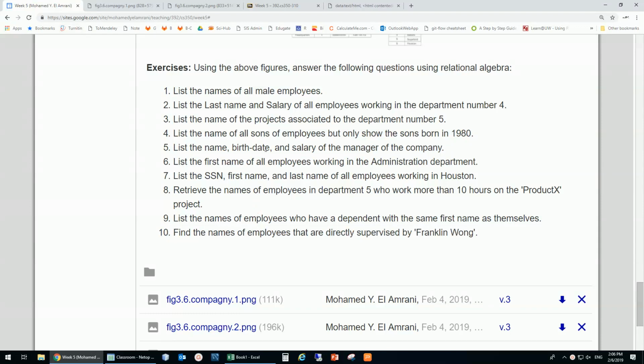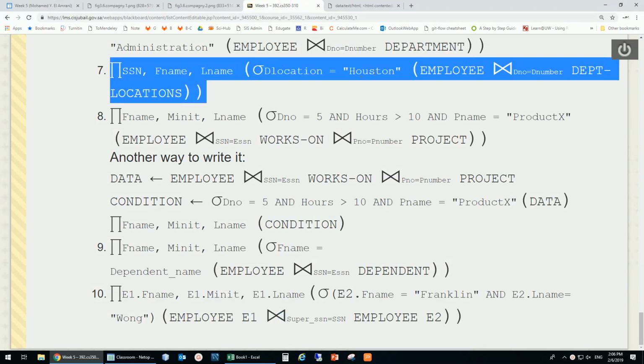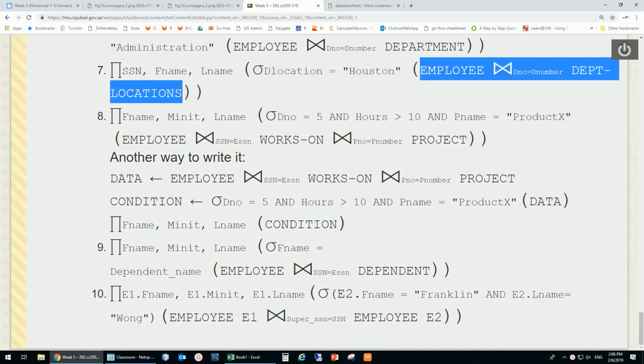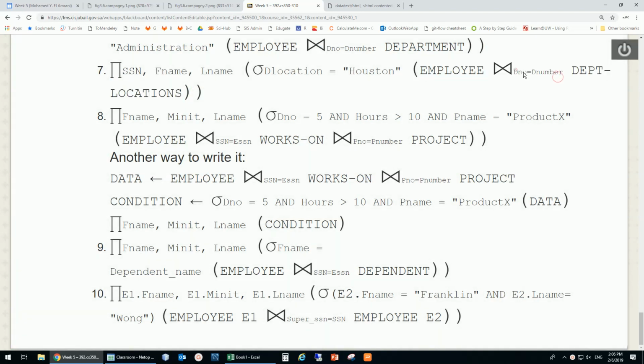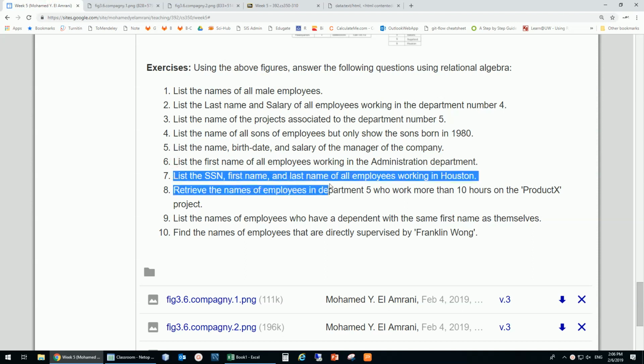So let's just summarize what we've been talking about. With the number 7, we said that we're joining department location with employees based on the DNO equal to D number, because we wanted the SSN, first name, last name of all employees working in Houston. And remember, we said that this is not correct because